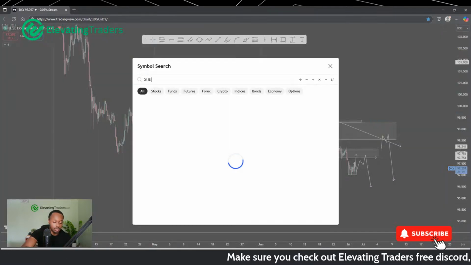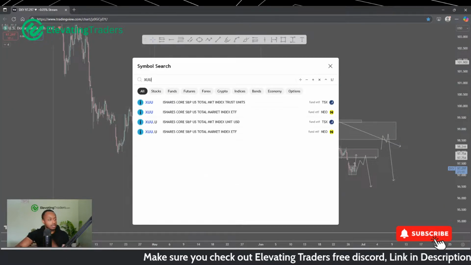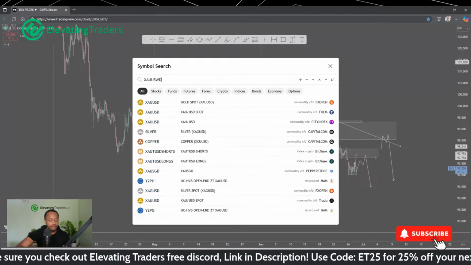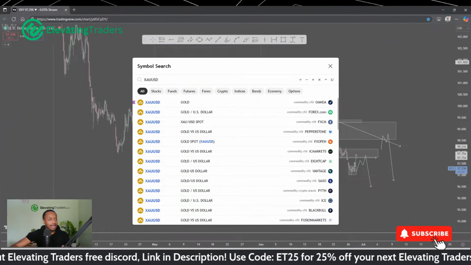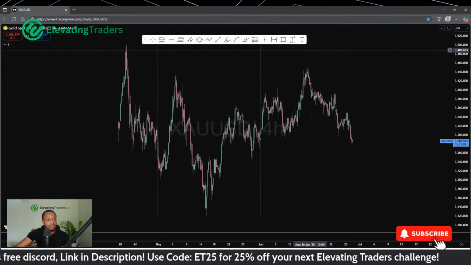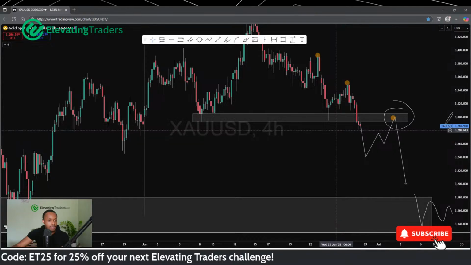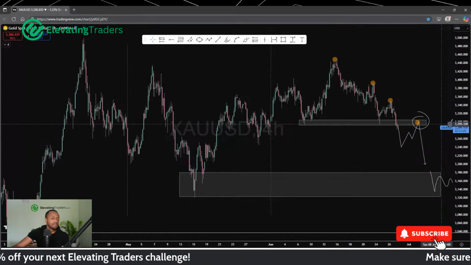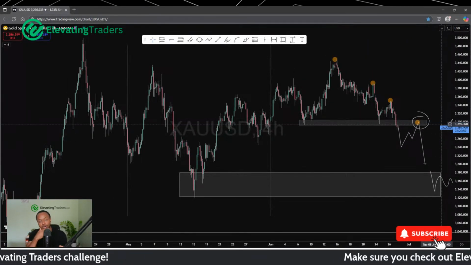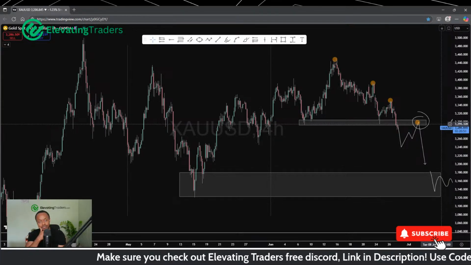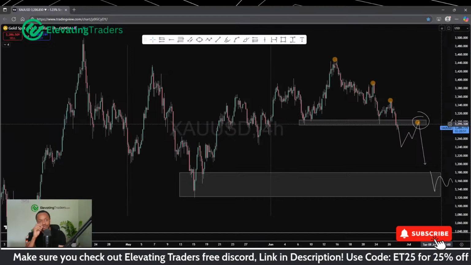How is gold looking? Are we piercing the lows? Not many people are talking about gold at the moment, so it looks like the hype is dying down a little bit. Yeah, we are looking bearish, though not really seeing much momentum. Haven't really pushed through the lows. But with gold looking like it is breaking through support here, I'm going to have to back away now from gold buys, at least from a 4-hour standpoint.